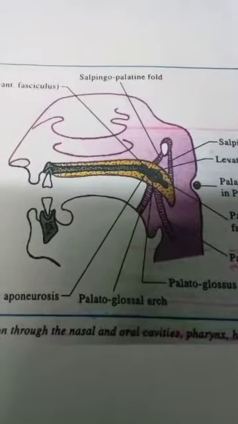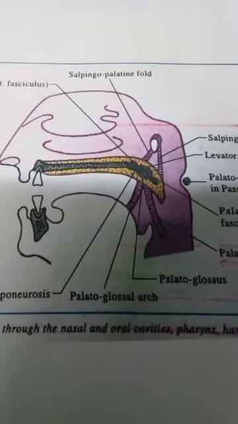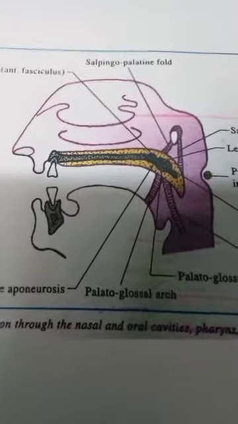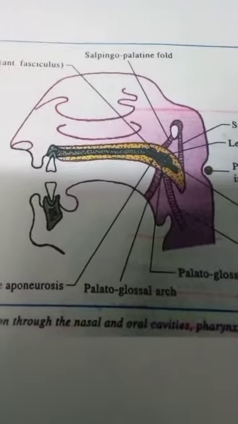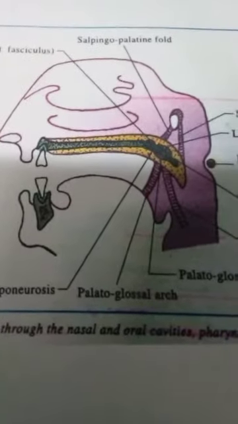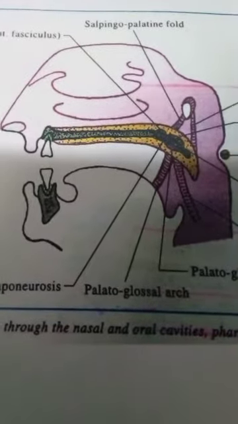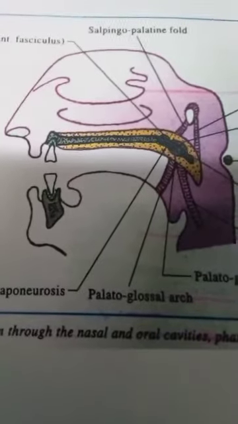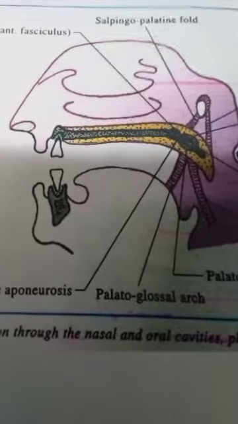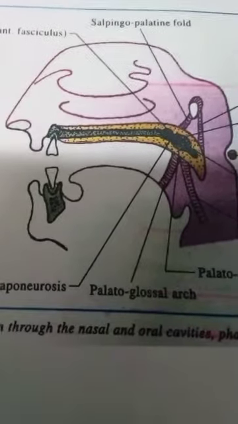Today, the topic we are going to discuss is the anatomy of palate. Let us discuss the topic under the following headings. Number 1, introduction. Number 2, a short account of hard palate. Number 3, features of soft palate. Number 4, composition of soft palate. Number 5, blood supply, lymphatic drainage and its nerve supply. And last but not the least, number 6, applied.